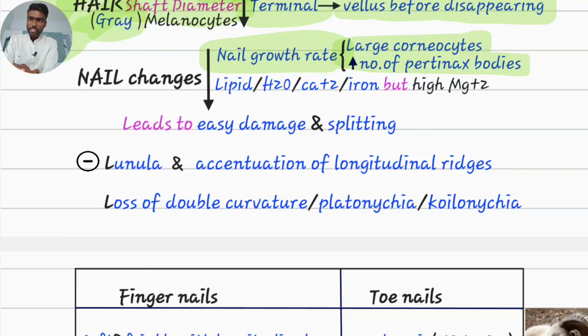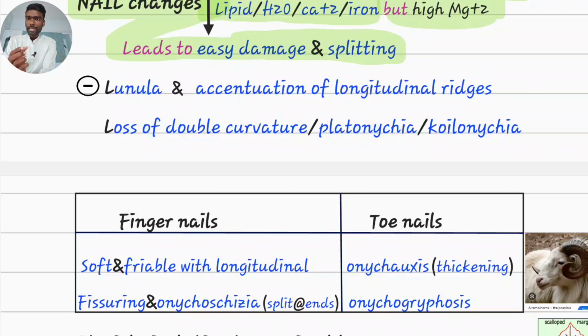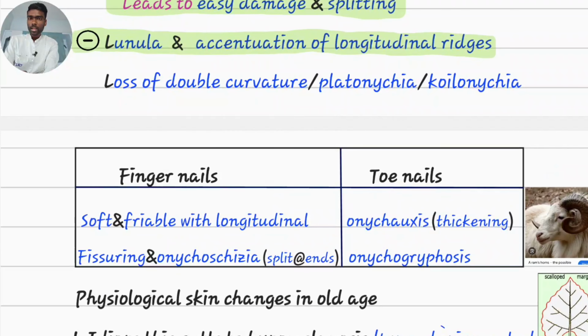Nails in old age will be low in lipid, water, calcium and iron, but high in magnesium. All these nail changes will lead to easy damage and splitting of nails. There will be absent lunula and accentuation of longitudinal ridges, loss of double curvature, both longitudinal curvature and transverse curvature, which may lead to flat nail called platonychia, spoon-shaped nail called koilonychia, which is also seen in the condition of chronic